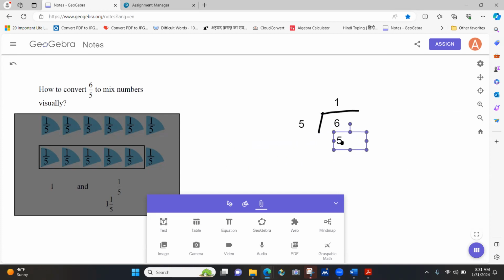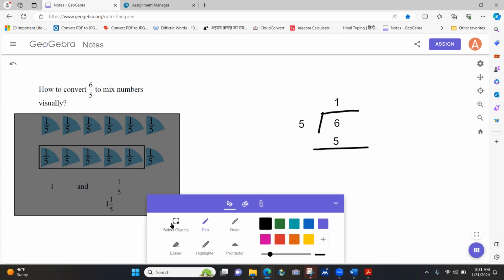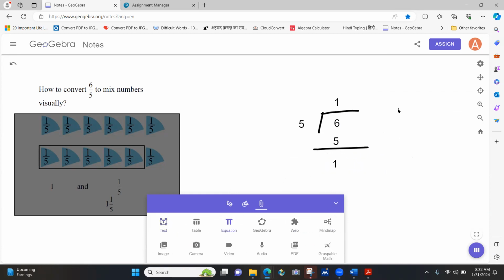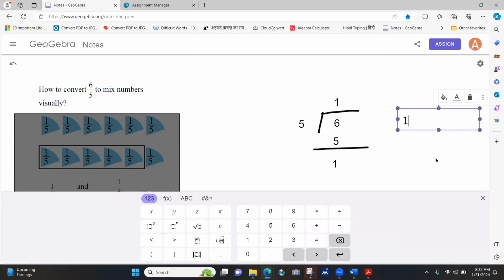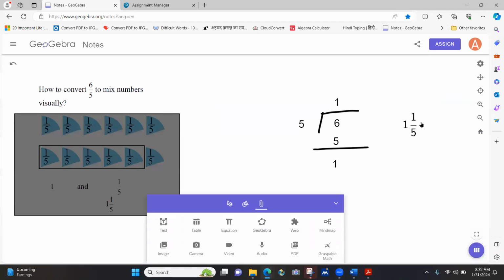And we subtract 5 from 6, and we get a 1. And so the answer is this quotient 1. And then the remainder 1/5. Of course, we know how to do it that way, and there's nothing wrong with it, but I'll try